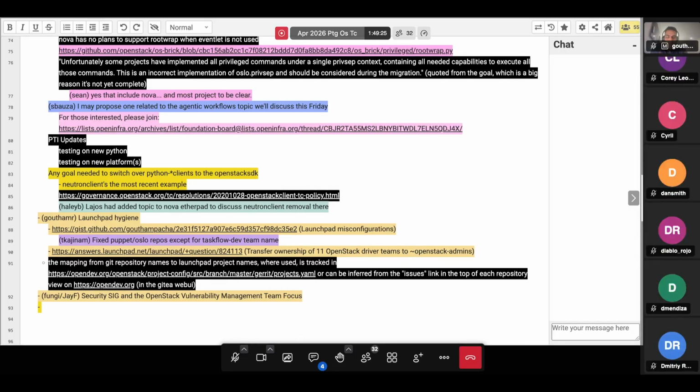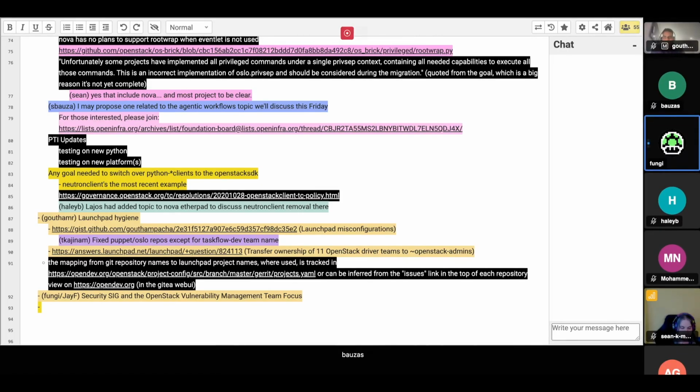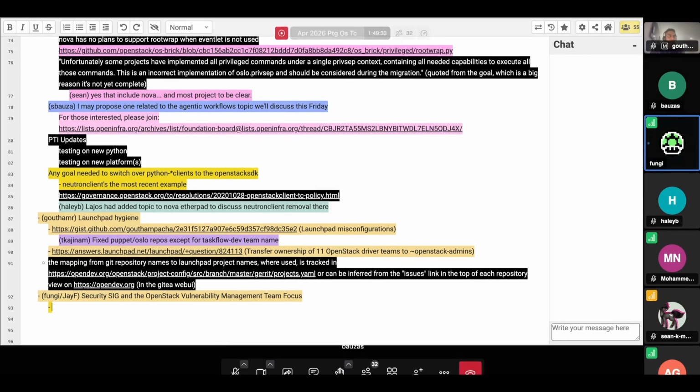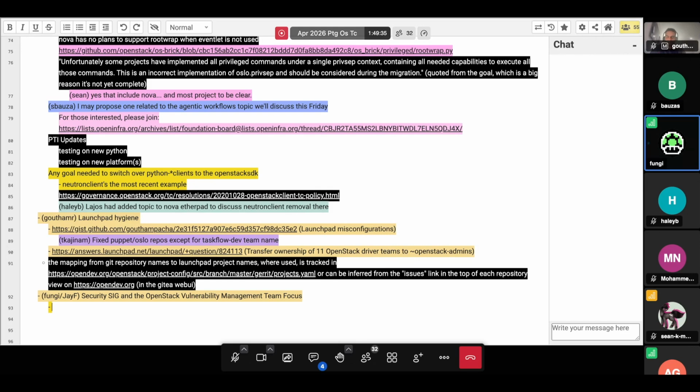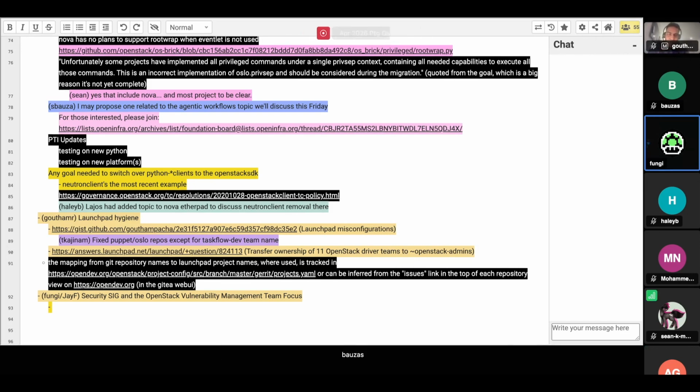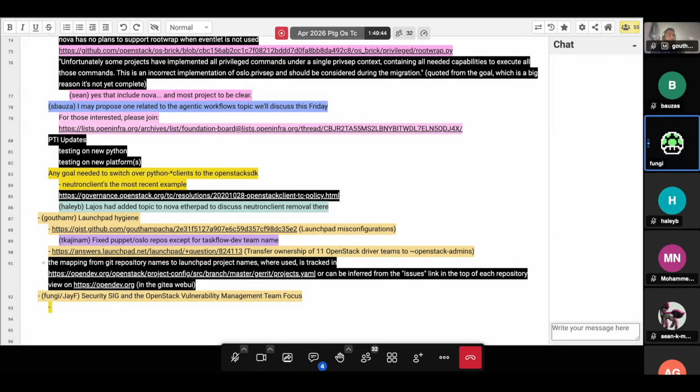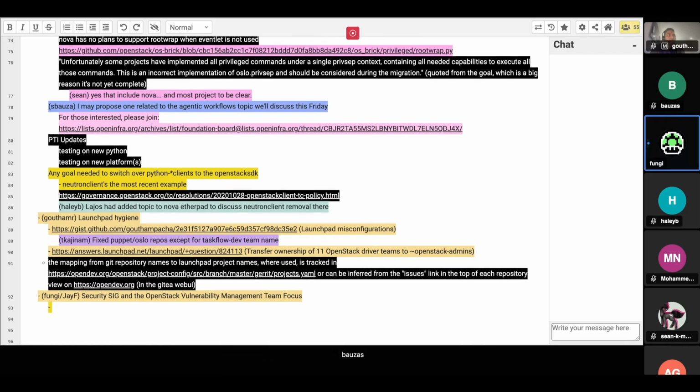Sorry, fumbling with my mute. Yeah, from a security SIG perspective, as you've pointed out, we now have two chairs because I basically inherited the chair position from Gage when Microsoft moved him onto other activities not related to OpenStack. And I did not really have time to do any of the chair duties.